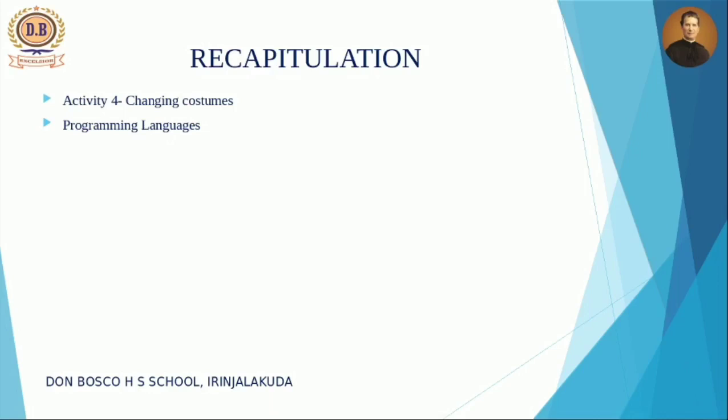So in order to make a program without learning the instructions, visual programming languages help us to do that. By using visual programming languages, we can create programs without learning the instructions by heart. And one example of a visual programming language is Scratch software, which we have learned in this chapter.